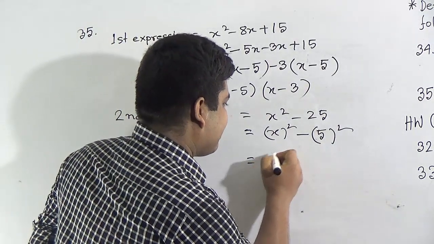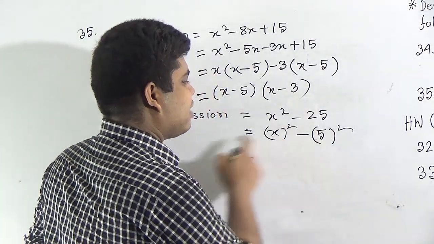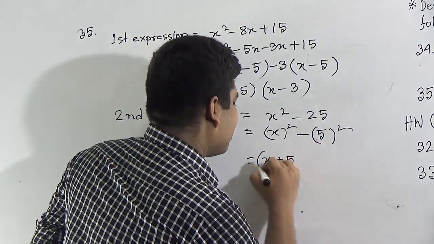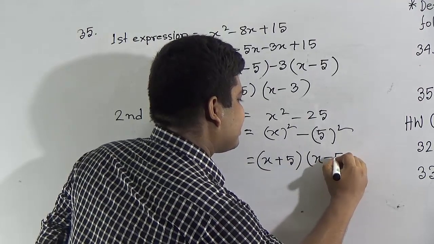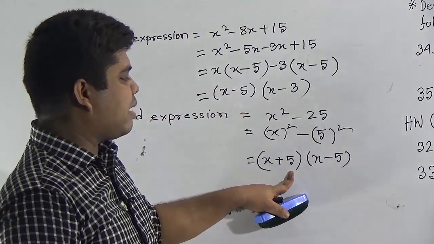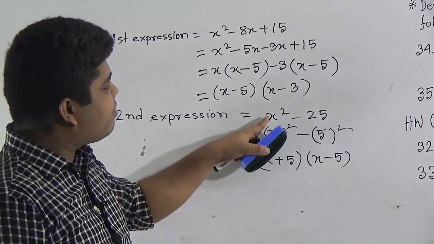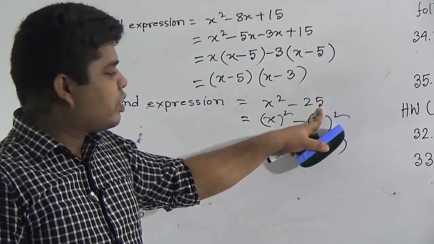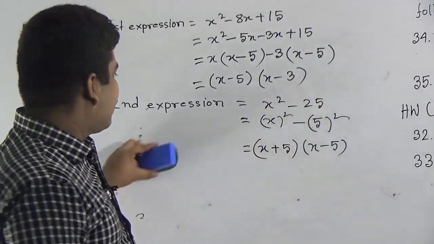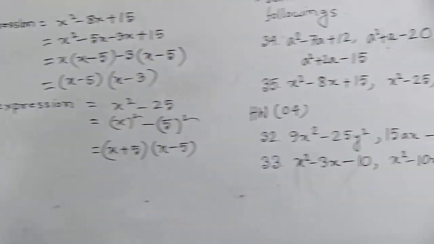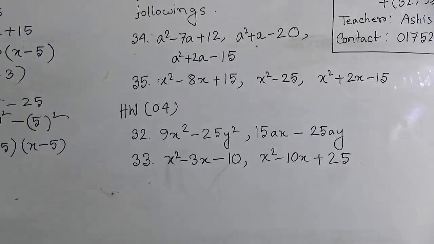So we write a plus b. Here a means x and b means 5. So a plus b into a minus b. That means x plus 5 into x minus 5. I hope you understood how to resolve x square minus 25 into factors. Then our second expression is also done, and our third expression is